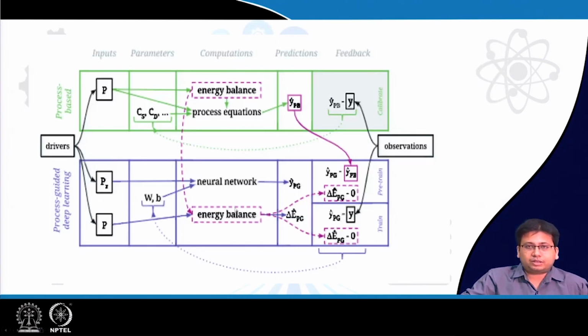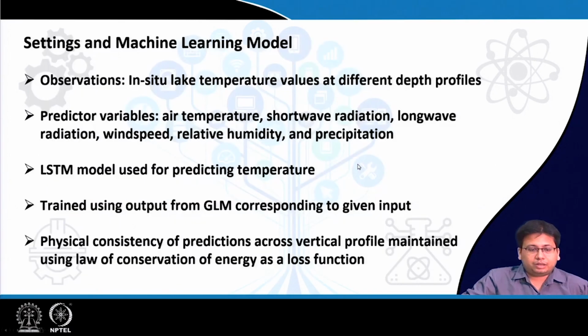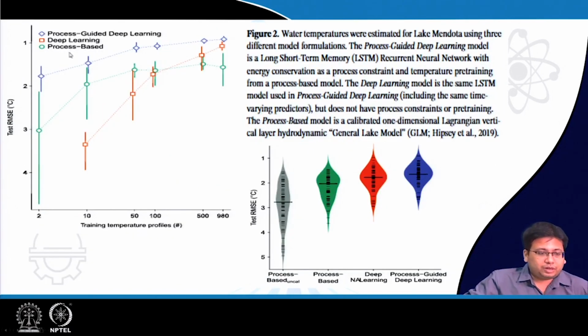If you do not consider this energy balance loss function, if you just train a neural network to predict the output from the input, that is the red deep learning. And this blue is the proposed model, the process guided deep learning. So, as you can see, in many cases the